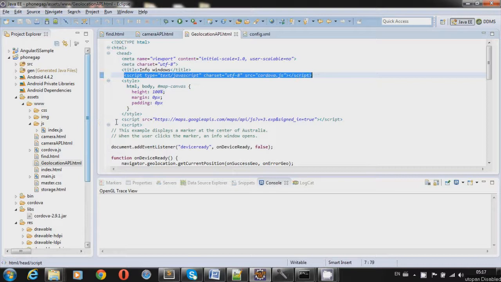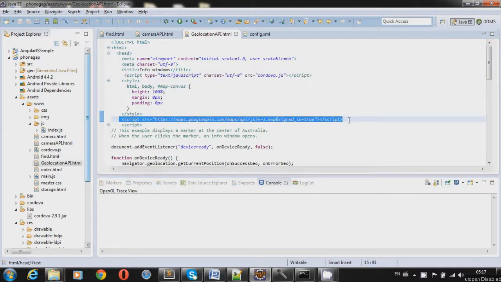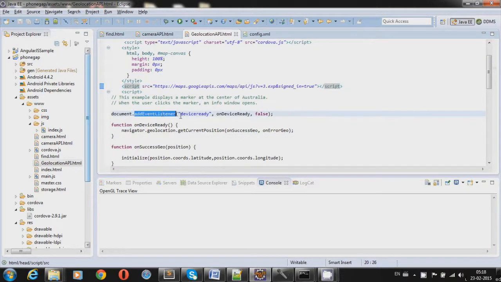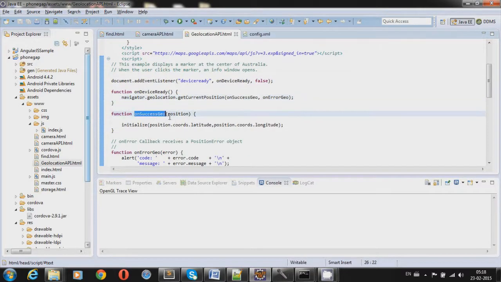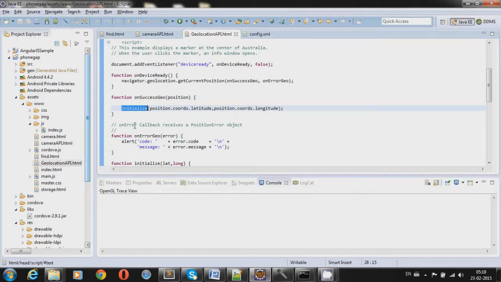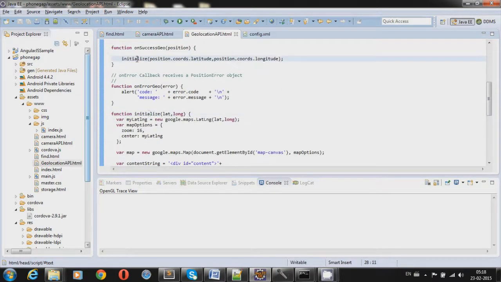We are using the same cordova.js, and here we are accessing the Google Maps JS APIs. On device ready we are accessing navigator.geolocation.getCurrentPosition, and these are the callback events for when geolocation succeeds. On geolocation we are getting the position. With the position we are calling one function, initialize, where we are passing the latitude and the longitude.